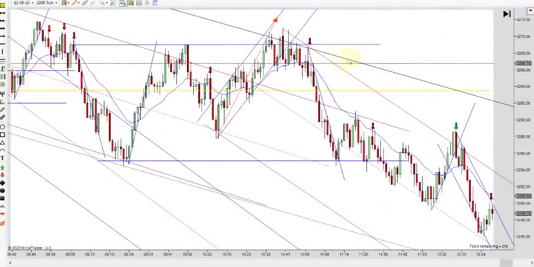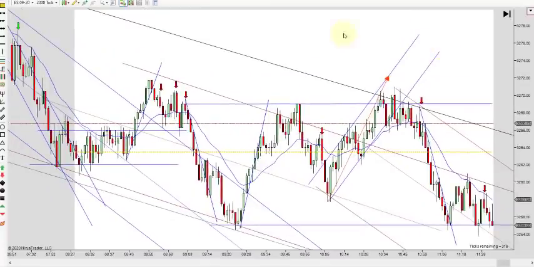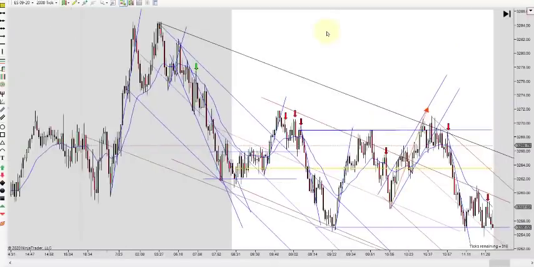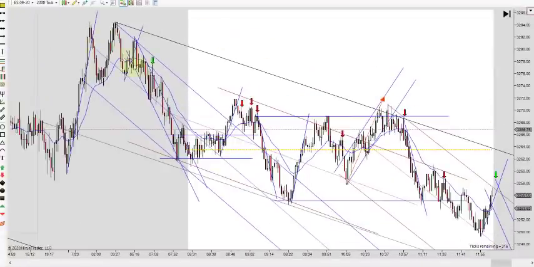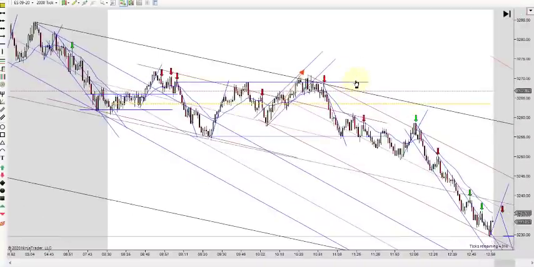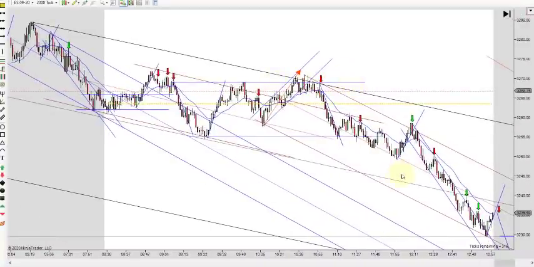But we're just going sideways here. Look at that resistance. You don't get long into resistance like that, not in a downtrend day. Because if you back out and look, there's the brown channel in here too, and that's the first break of it. So we're probably still going to try to retest the low. This has been a big downtrend here. That's a pretty good downtrend. And so we're probably going to try to retest those lows.